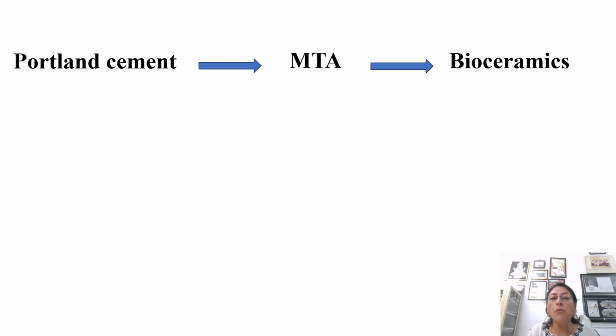In the next episode, we will see what is actually meant by the term aggregate when it comes to Portland cement, and why the term aggregate might be a little misfit when we talk about MTA. MTA was first described in the scientific literature in 1993, as an aggregate of mineral oxide added to trioxide. The types of materials which have been suggested as retrofilling materials,